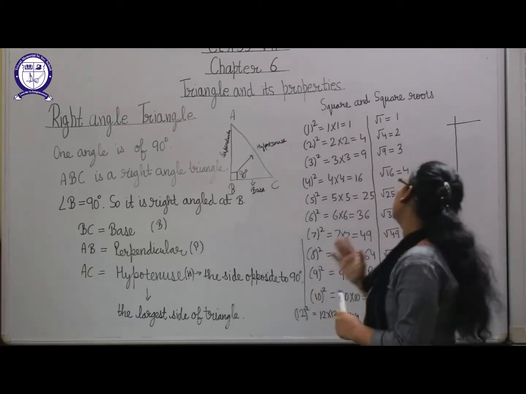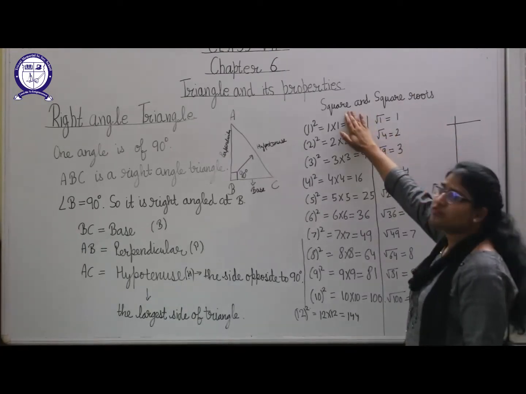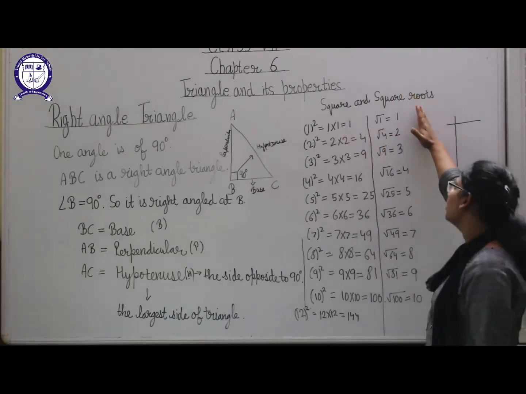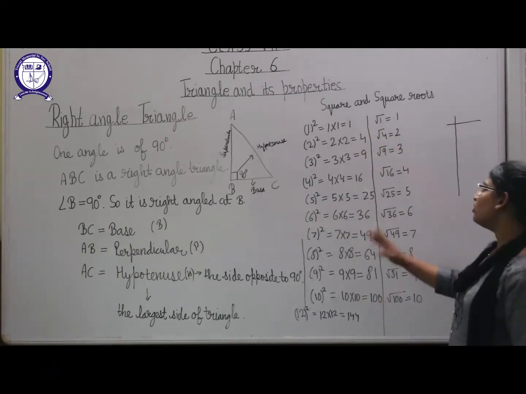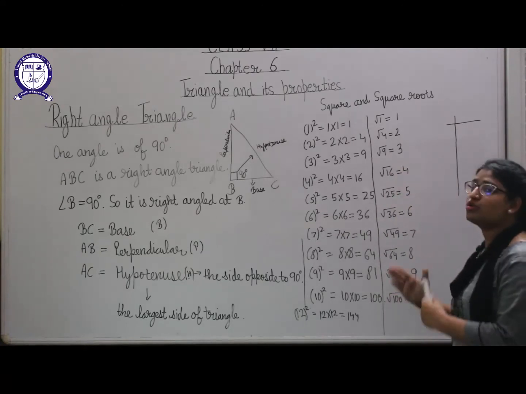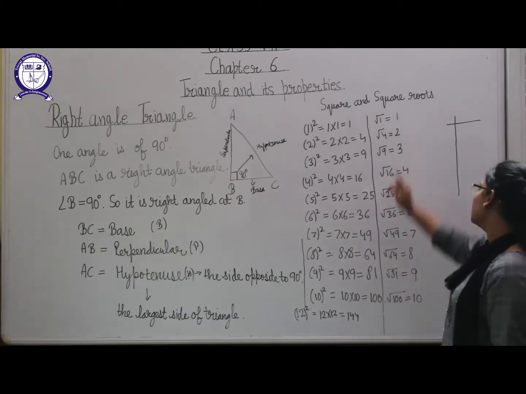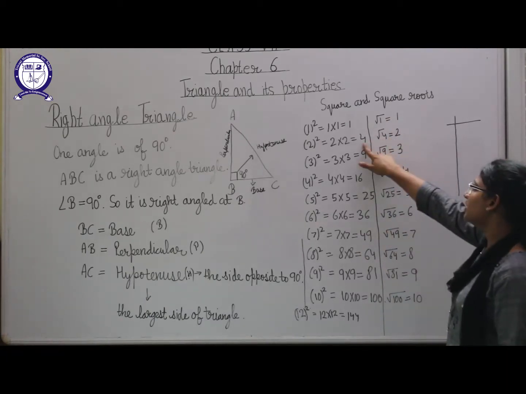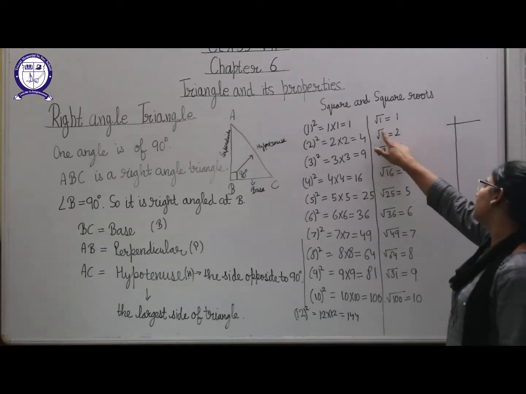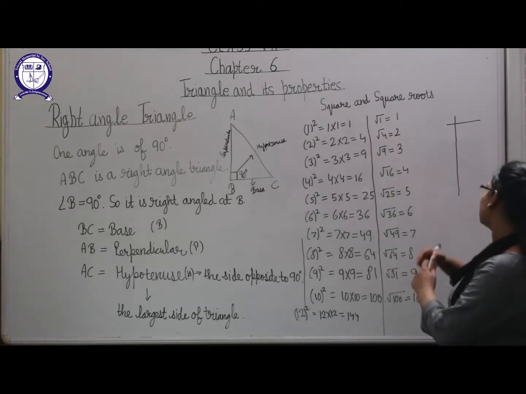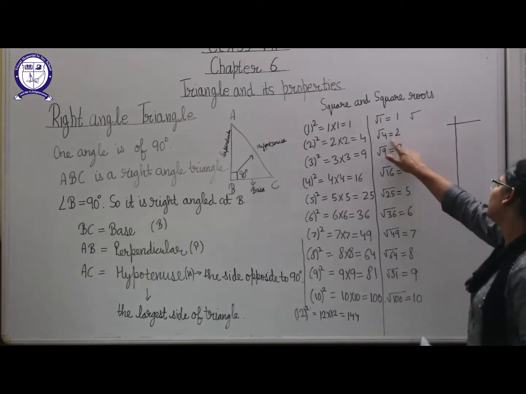Like this, you can find the square of any number by multiplying it by itself. Okay, now coming to the square roots. What are square roots? The reverse of the square is called square root. Here these are the square numbers, so we can find the square root of square numbers only. Root 1 is 1. Here root 4 will be 2, because 2 twos will be 4. So root 4, this is the sign for root. Like this you can make the sign. So root 4 is 2.